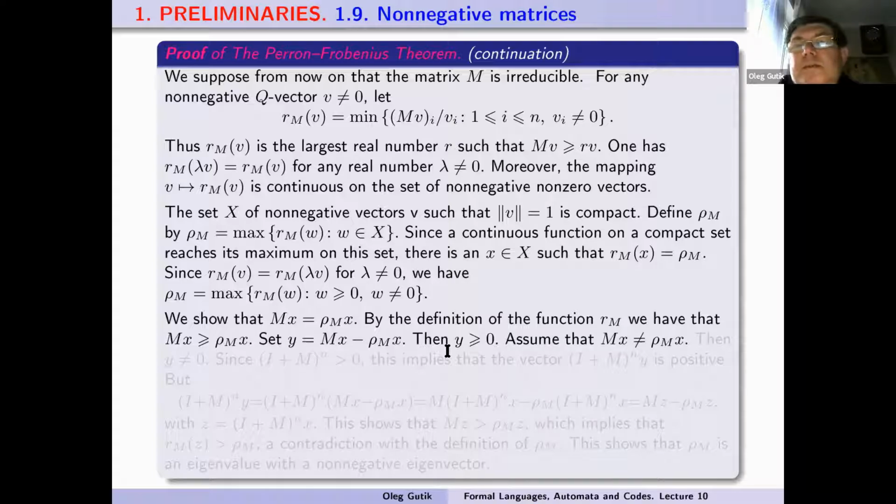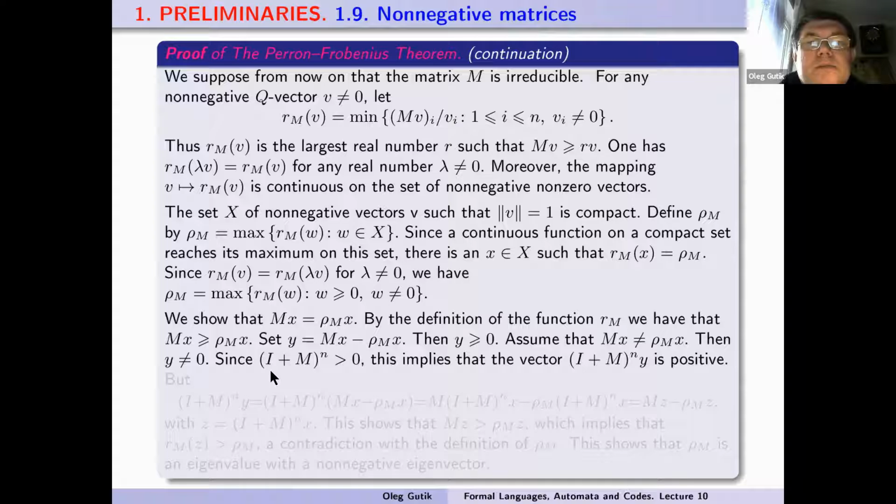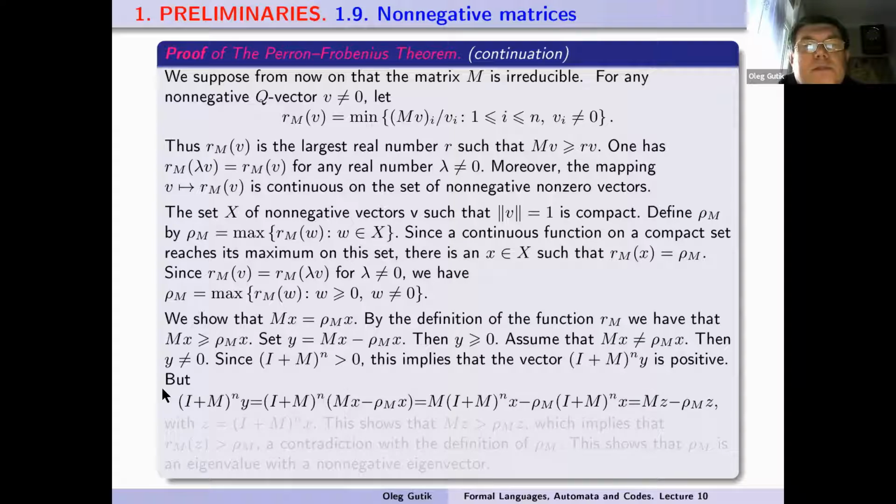Assume that Mx is not equal to rho M times x. Then y is not equal to 0, since (I plus M) to the power n, where I is the identity matrix, is greater than 0. This implies that the vector (I plus M)^n y is positive,